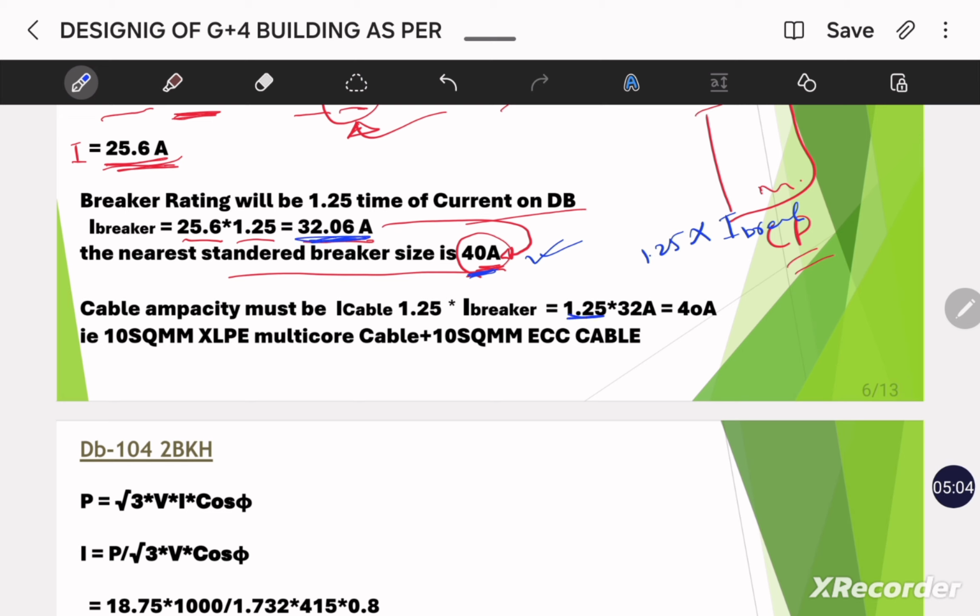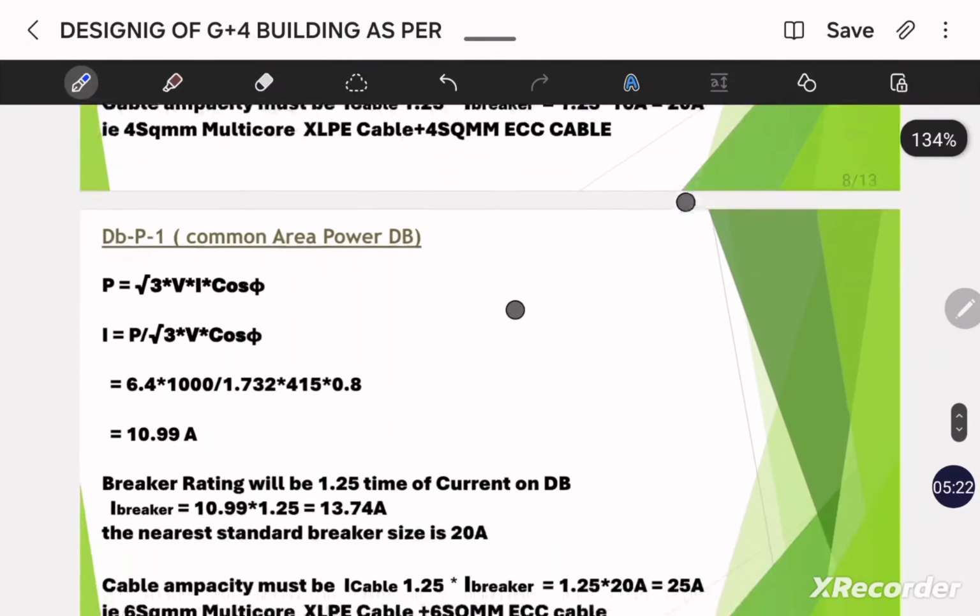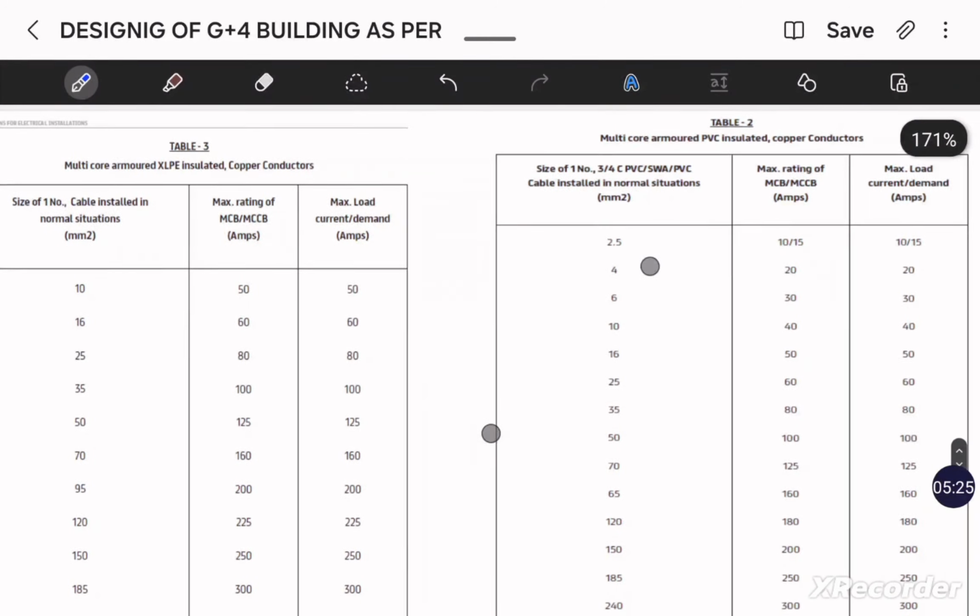Okay, the calculated breaker rating is this one, 32. So we will write here 32. So it came as 40 ampere. So we have to select a cable which should have a current ampacity of 40 ampere. When we refer to the DEWA load schedule, we will find that for 10 square mm, the cable ampacity